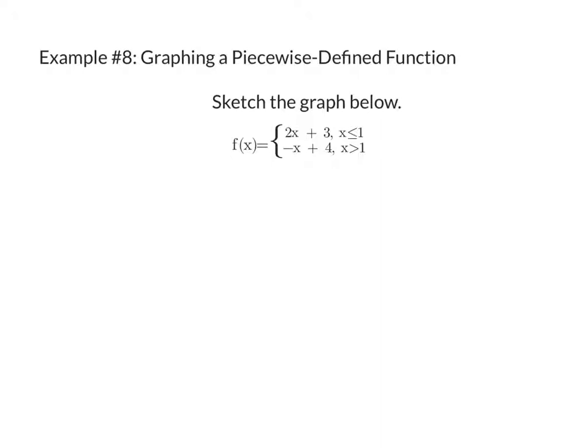So for this first function, we need to focus on the endpoint. And this end section right here is less than or equal to 1. So that means we are going to have a closed dot for that endpoint. Looking at the next one, I see x is greater than 1. So if it's greater than 1, then that means that endpoint is going to be an open dot. All right, so when we graph,